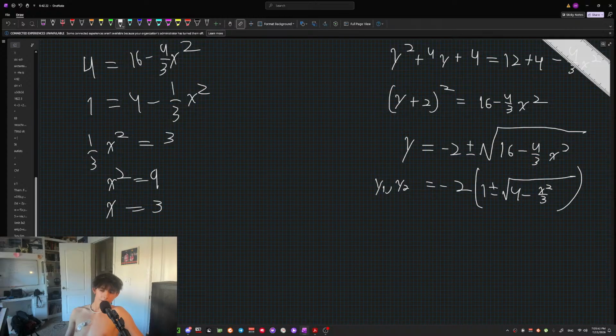X equals 3. No. No, see, but that just... I don't know. This is tricky. If